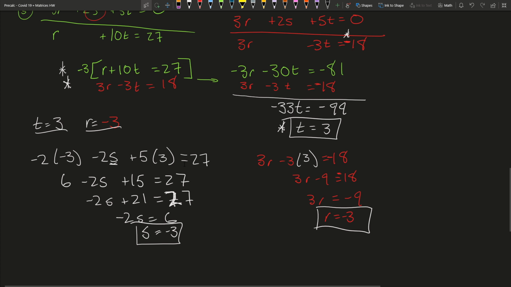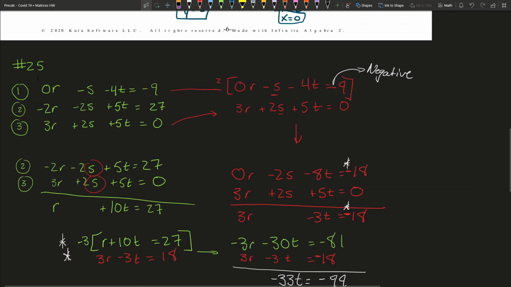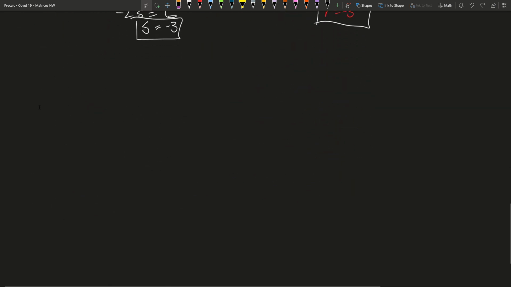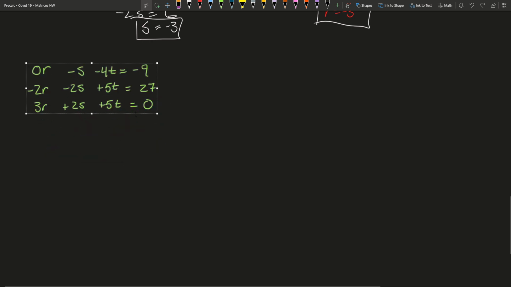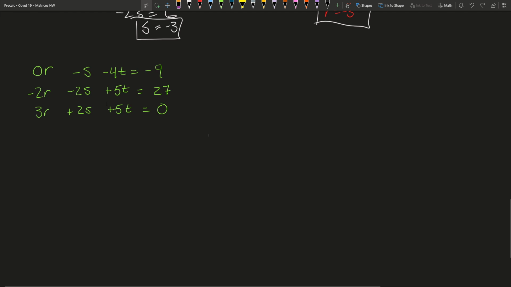You'll have to solve a system of 3 equations using this concept. All right. So this is one thing I'll expect you to do on the test, and that's one part of the homework. Now the other part is to find the determinant of the coefficient matrix. All right. So I'm gonna copy and paste our original problem. So our original problem is this. The first thing you need to do is get a coefficient matrix from this system of 3 equations. All that is are all the coefficients of r, s, and t,